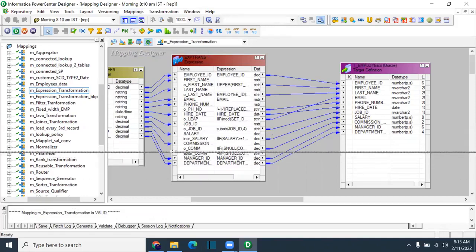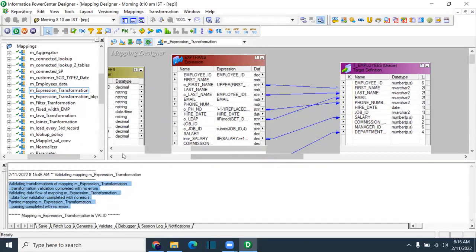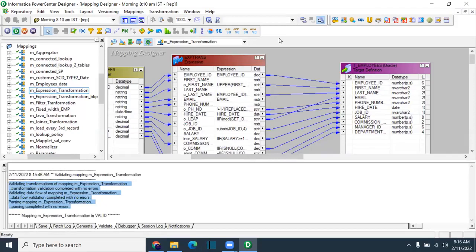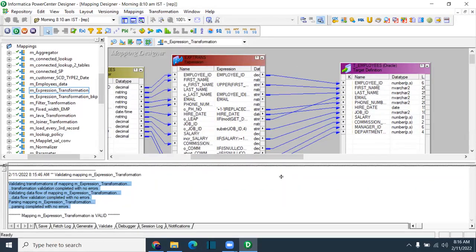If you have validated before, and after that you want to validate again, you can validate it. If you see a validation error, you have to go through why it got the error, and then you have to fix it. That is validation; you are checking it. Then we are going with propagate attributes. So what is propagate attribute? It's nothing but